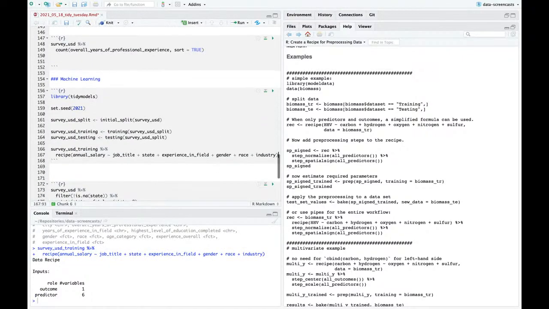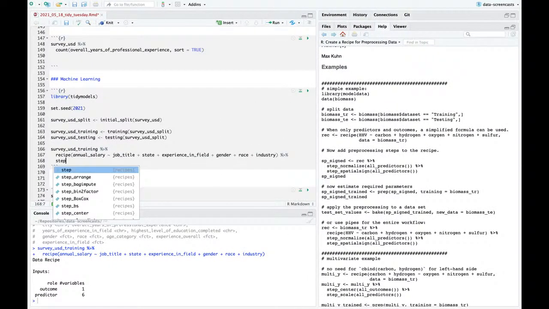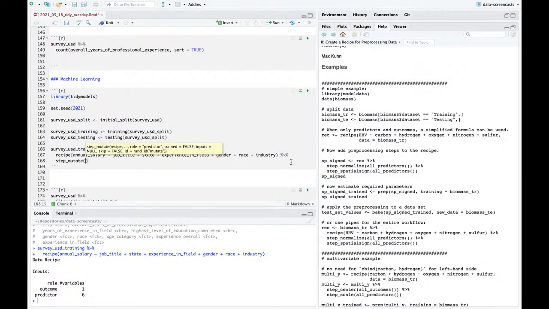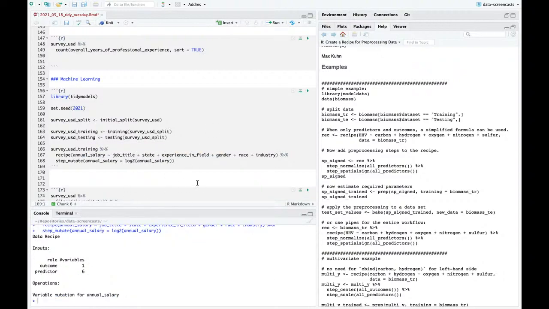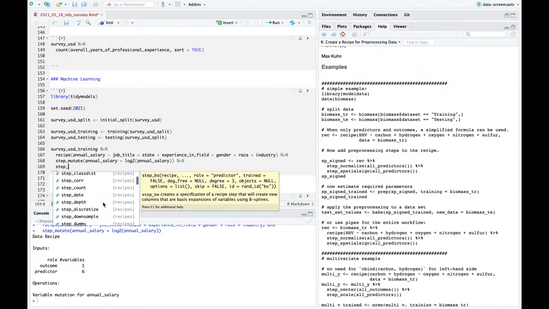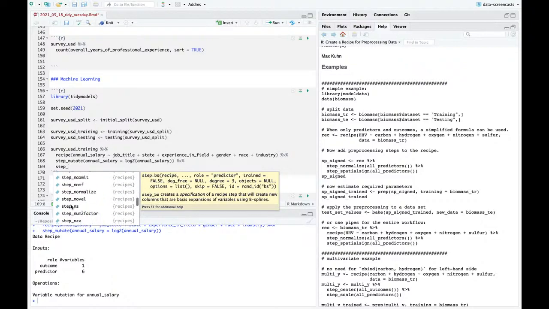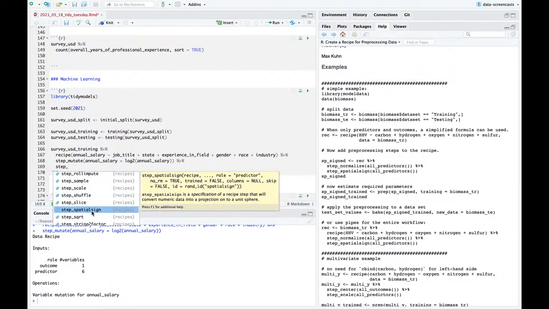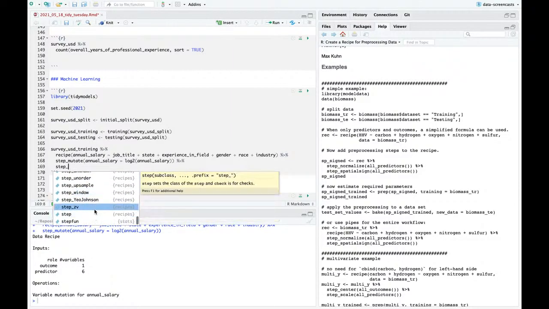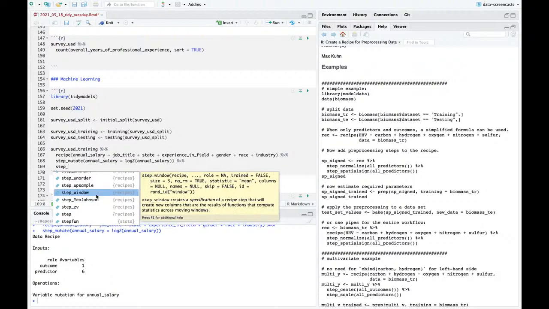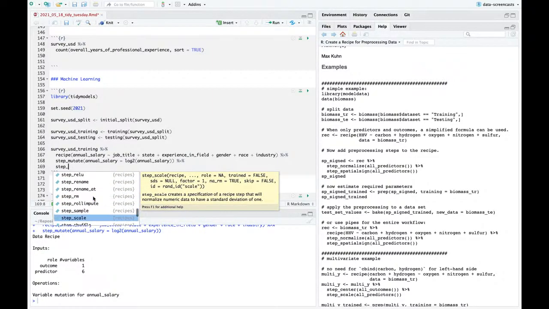Now the other key is I'm going to add steps to this of what processing I am going to do. One is step mutate, so I can say mutate annual salary is log 2 of annual salary. So I know I want to transform that. I think there should be a step somewhere that puts rare values together. I really thought it was step lump, but it's been a while since I did this. I really wanted to do a step where I took the rare values and stuck them all into